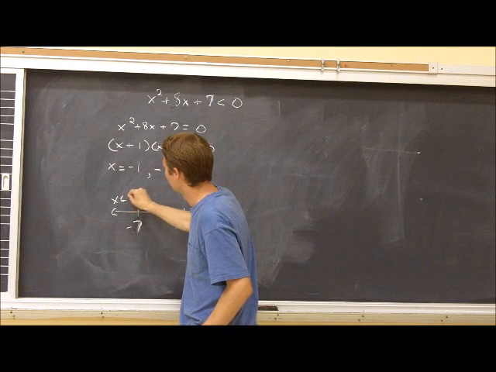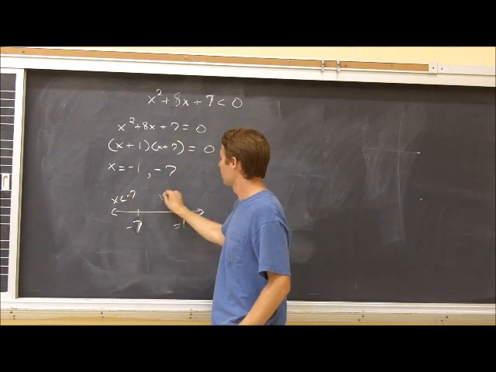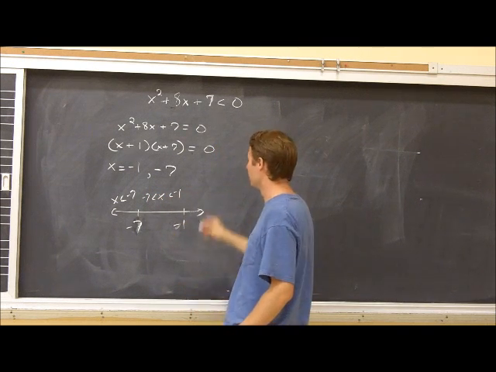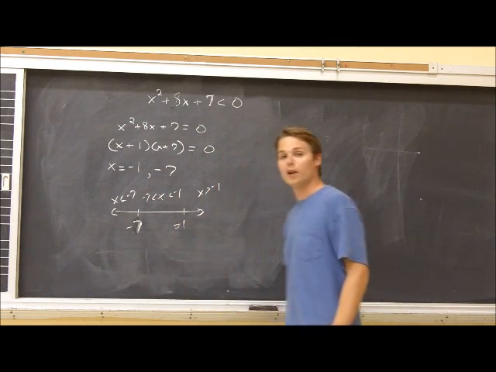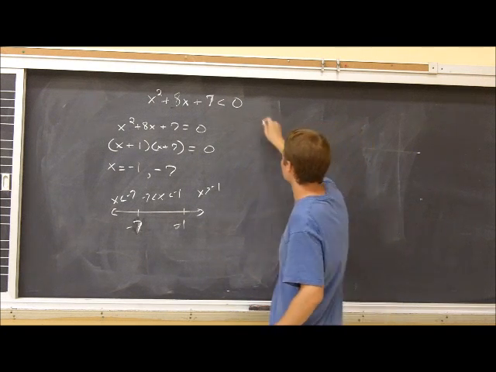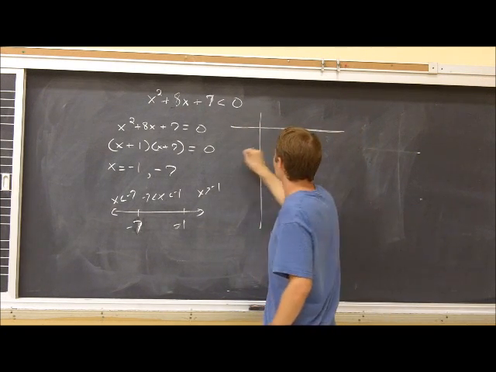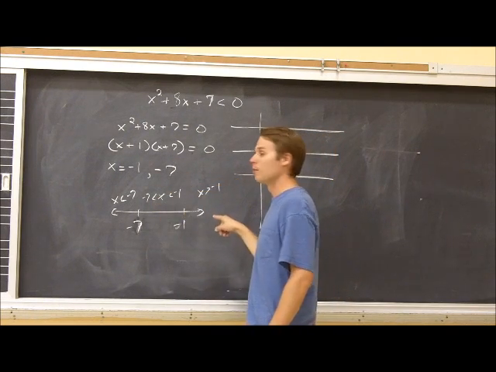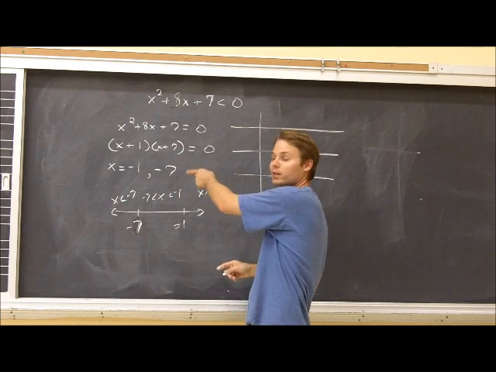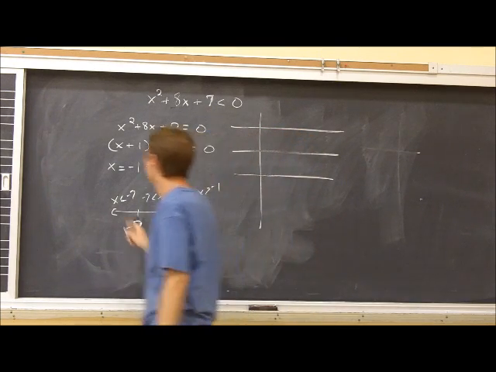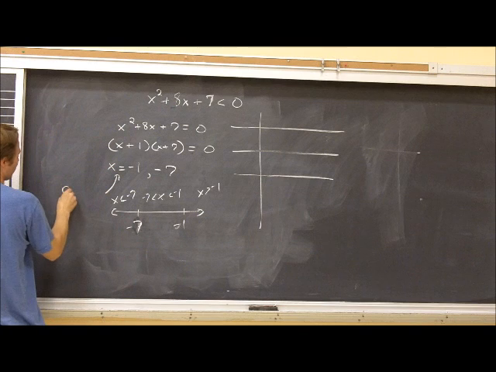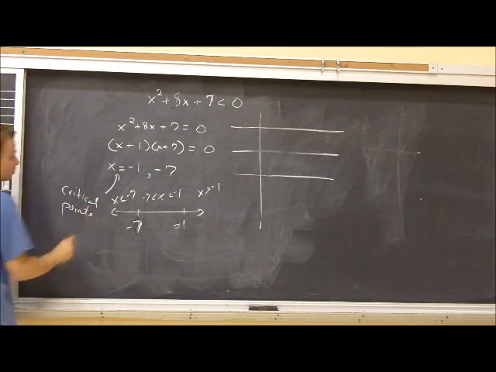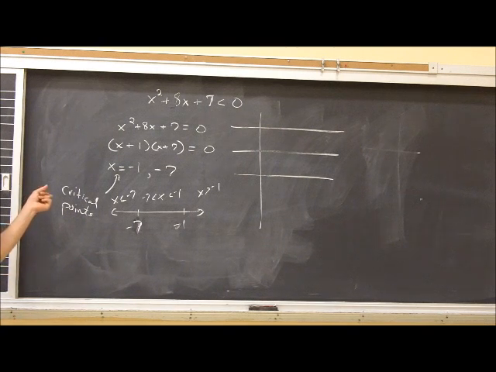So I can test the interval x is less than negative 7. I can test the interval that x is between negative 7 and negative 1. And then I can test the interval where x is greater than negative 1. So let's look at these 3 intervals. And the general rule is that however many of these points you have, you're going to have one more interval. So we have 2 points here, we'll have 3 intervals to test. Now we do have a name for these. We typically call these critical points. So if you hear me make a reference to critical points, that's what I'm talking about, where the function actually